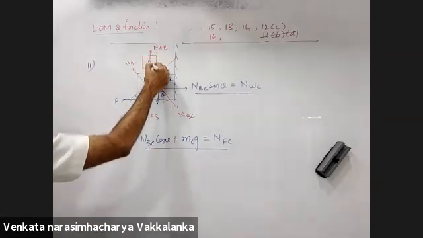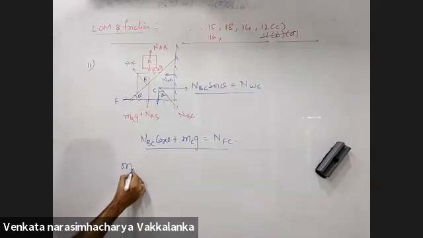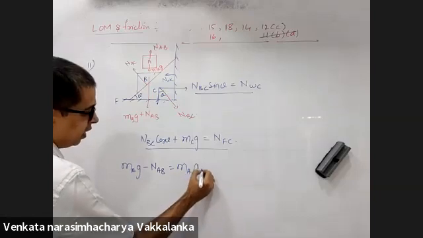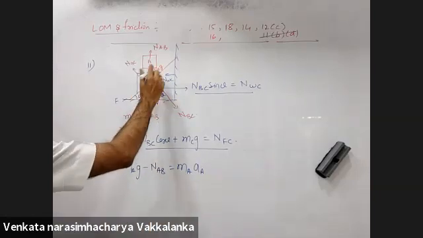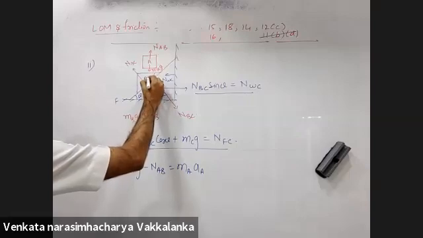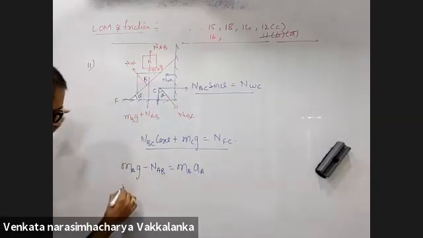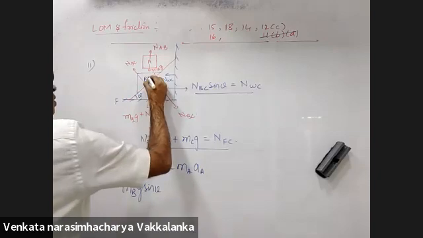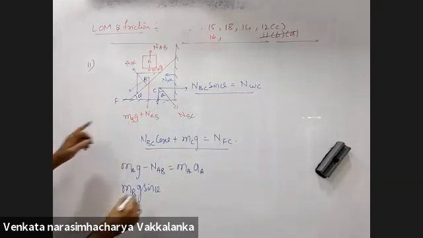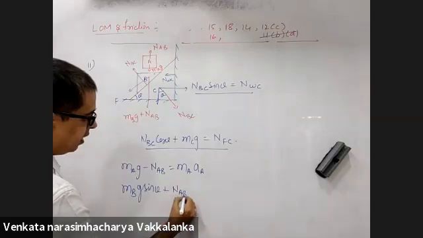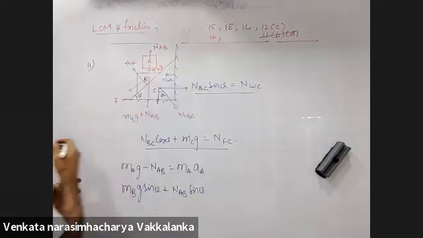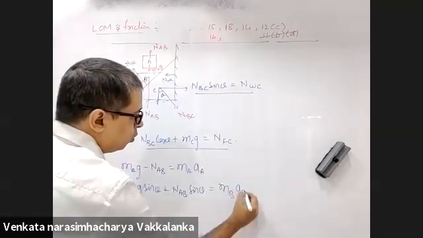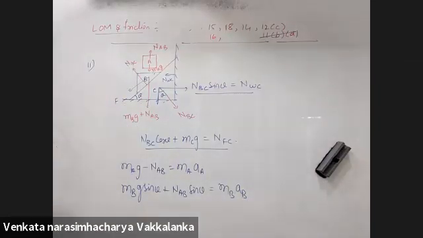This dynamic equation, this will have acceleration in the downward direction. MA into G minus NAB is equal to MA into A. And MB will have MBG sin theta plus NAB sin theta. Do I have any force of the incline? Should be equal to MB into AB. Do you agree with that?